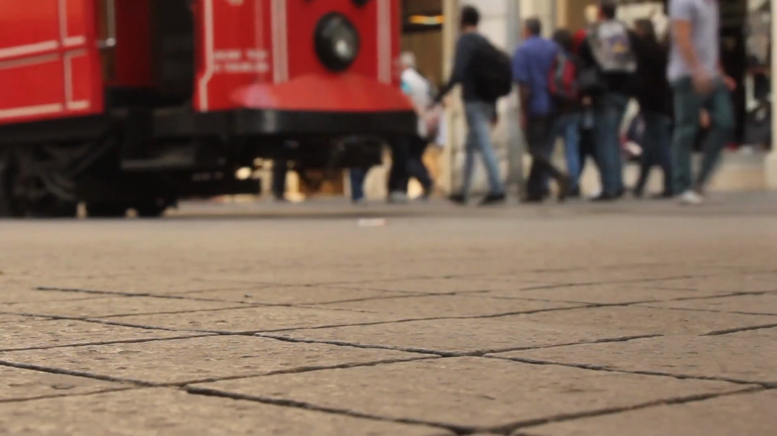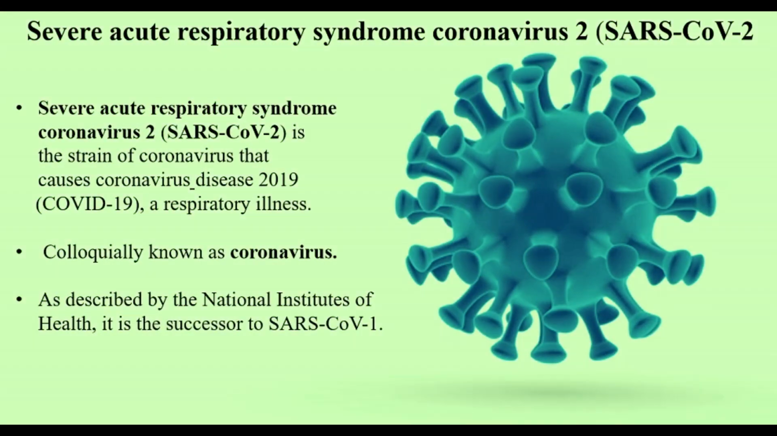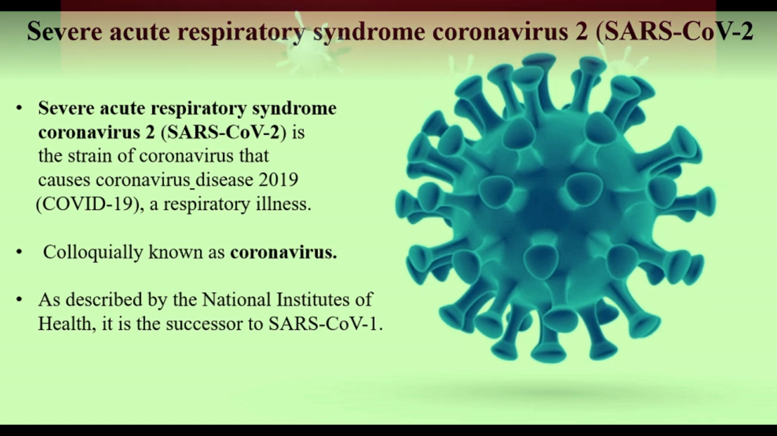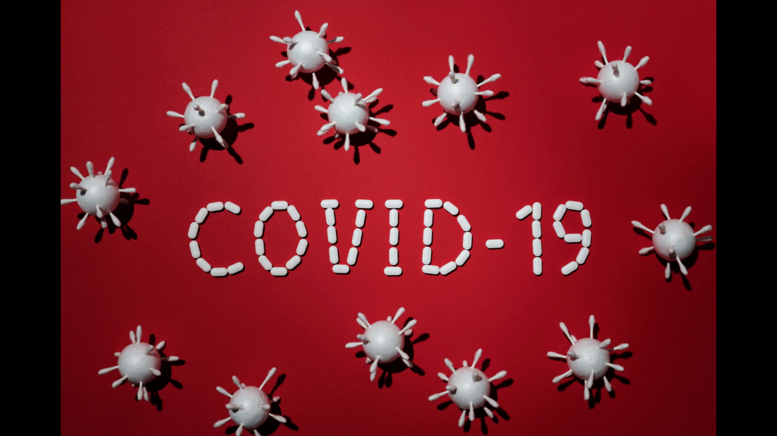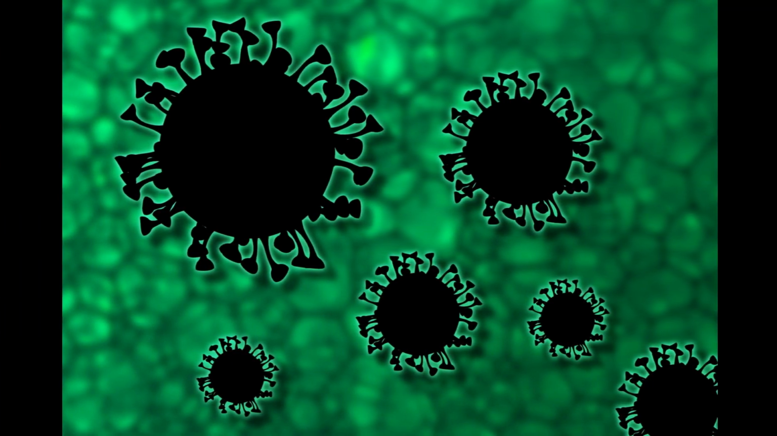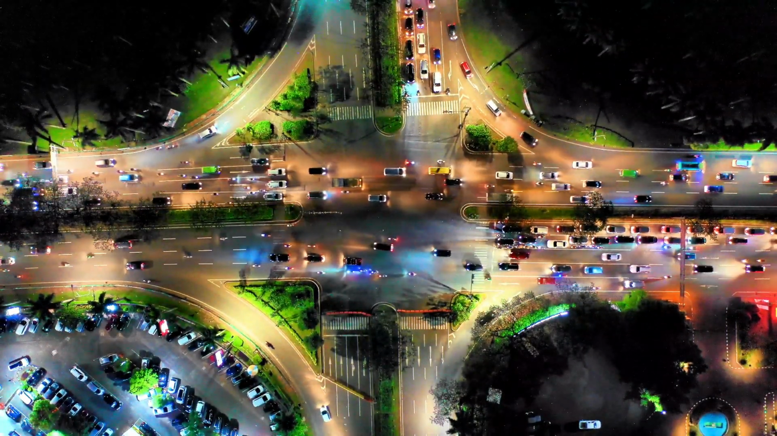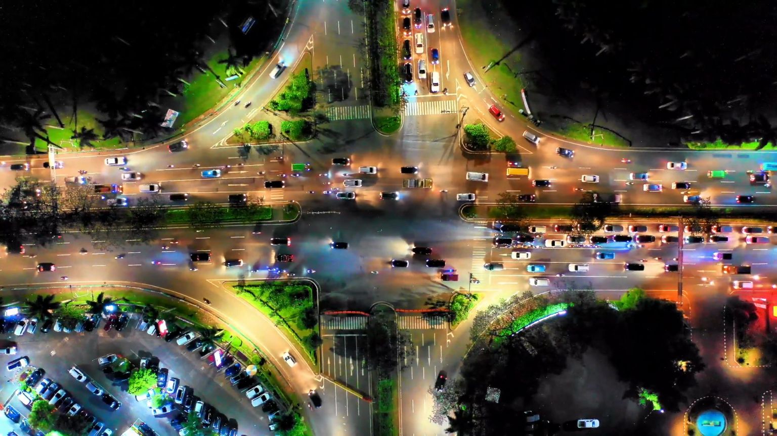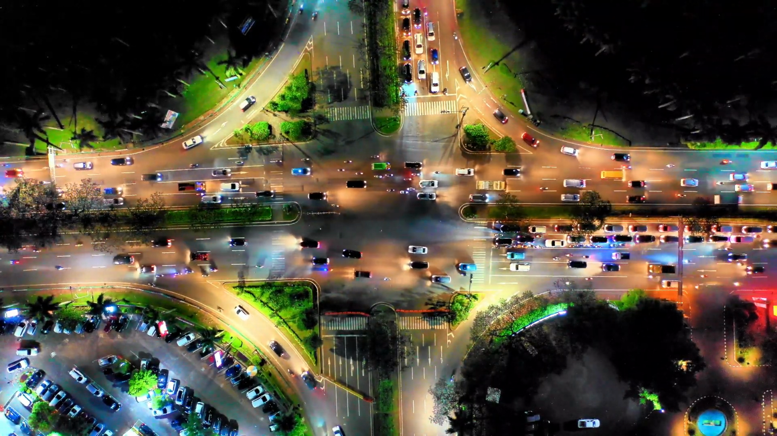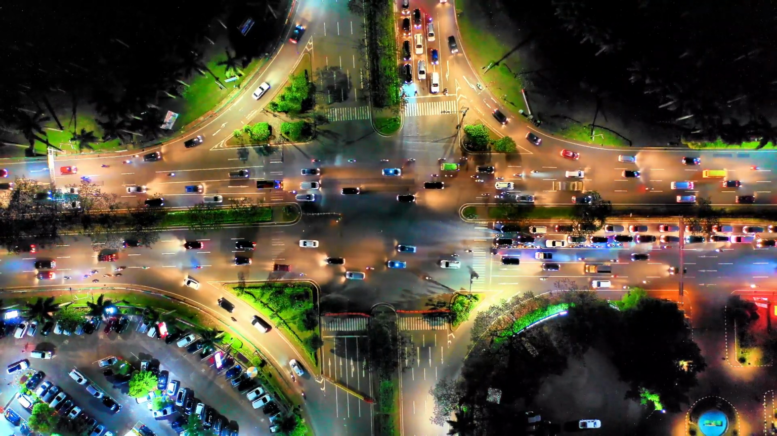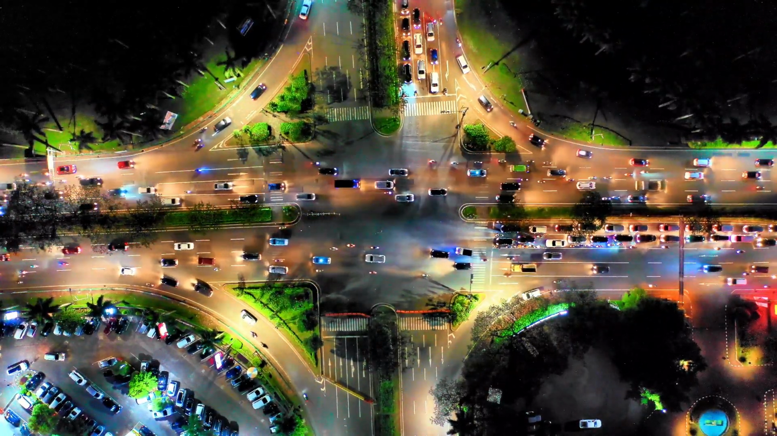Number 5, and the virus that we are fighting today is SARS-CoV-2, that is Severe Acute Respiratory Syndrome Coronavirus 2. The disease that it causes is called COVID-19, or Coronavirus Disease 2019. It is the successor of SARS-CoV-1 as described by the National Institutes of Health. The outbreak of this virus was identified in Wuhan, China in December 2019. The World Health Organization declared the outbreak a public health emergency of international concern on 30th January and a pandemic